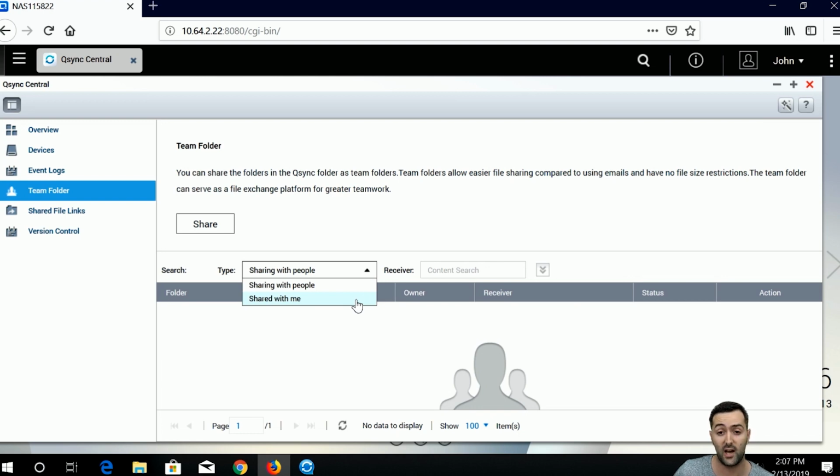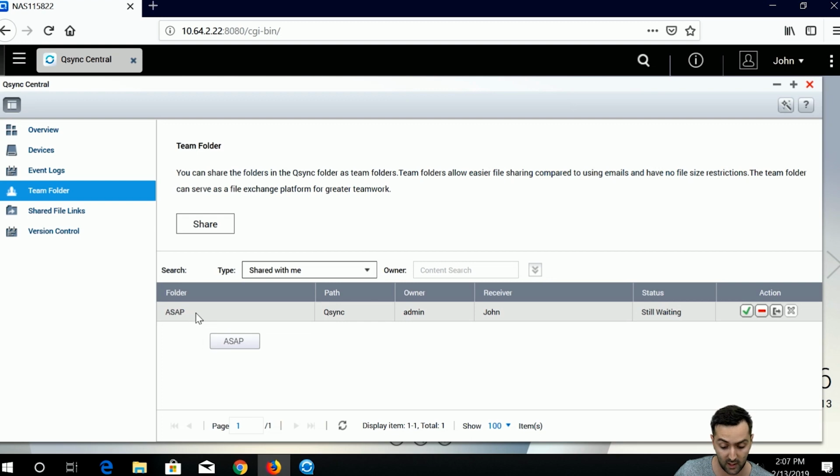So I have to check what is shared with me, and you see, as I got the invitation from the admin, me as a receiver, John, to get the folder ASAP, and you have the action to either accept it, deny it, leave, or remove the record. So I will simply accept, and now as a user group, or as a new user, John is